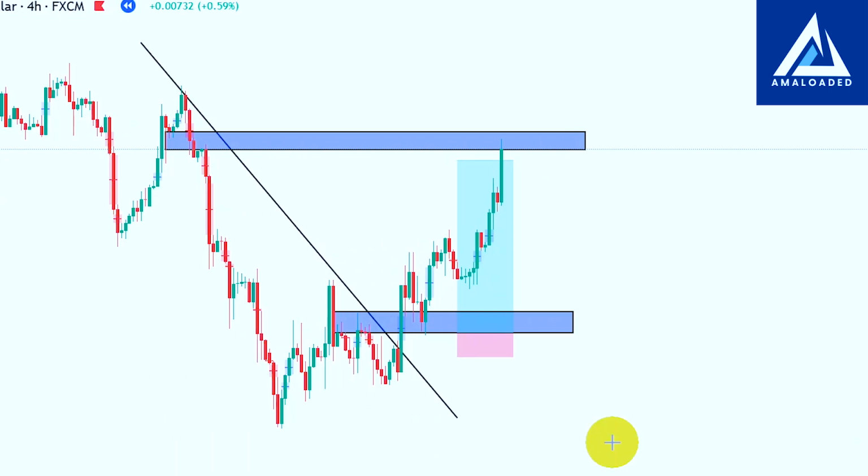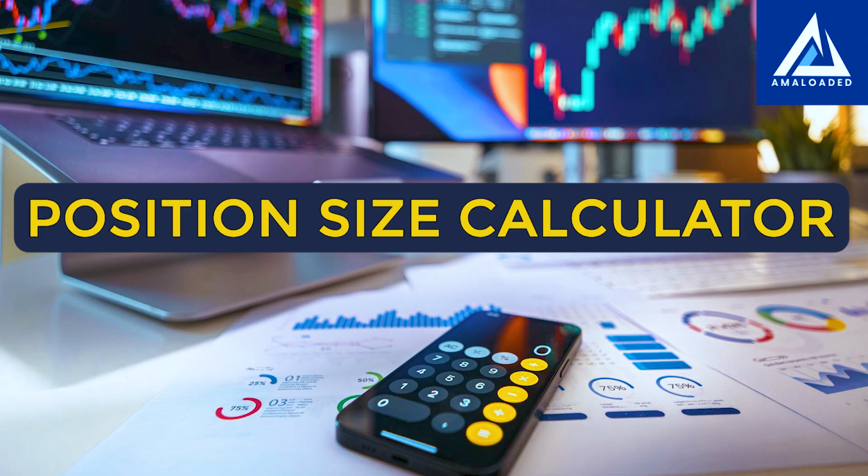In today's video, I want to show you how you can properly use the right position size calculator to trade